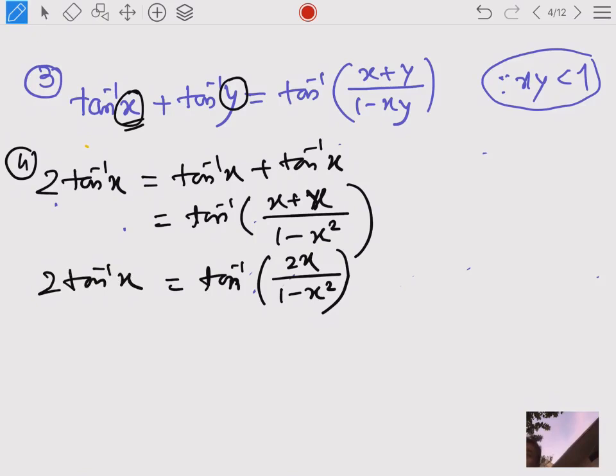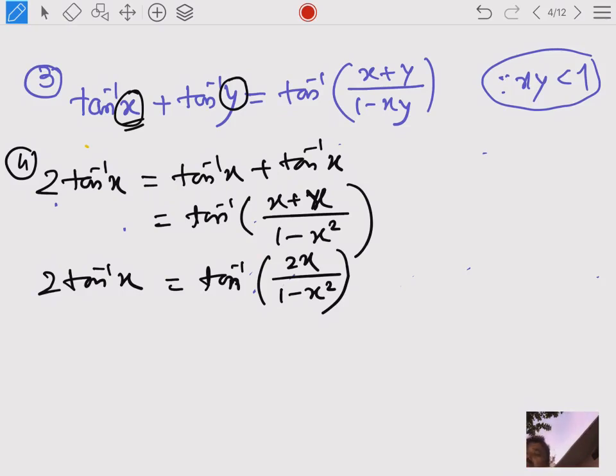Okay, now tan inverse x, as before in the 11th class, if your sin theta is given, then we can find cos theta, tan theta, all other trigonometric ratios. Similarly, if tan inverse is given, if sin inverse is given, then we can convert them into all other trigonometric ratios. If we use this concept, then the 2 tan inverse x formula is tan inverse 2x by 1 minus x square.